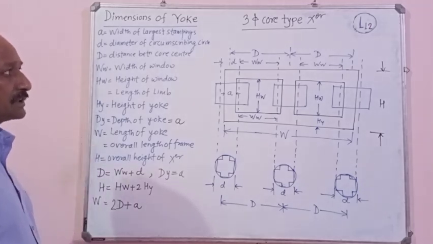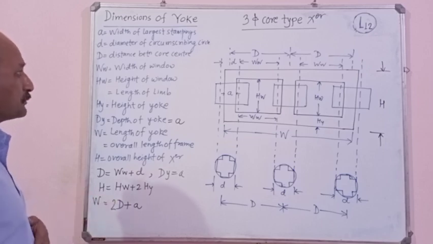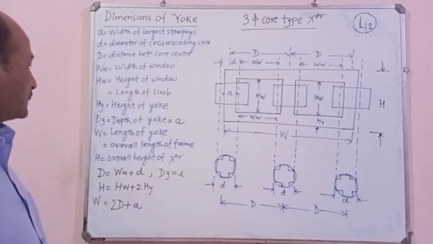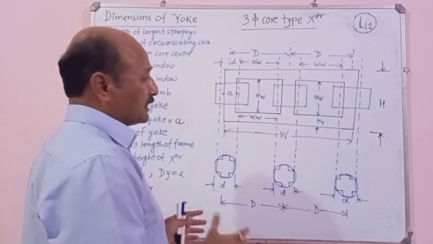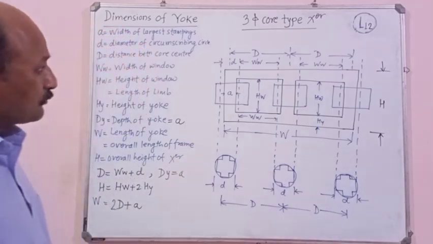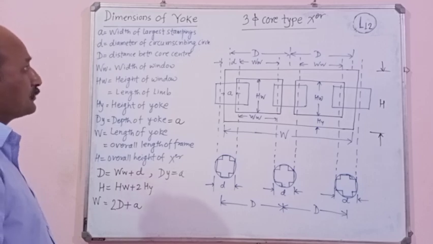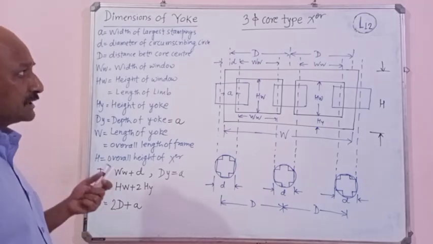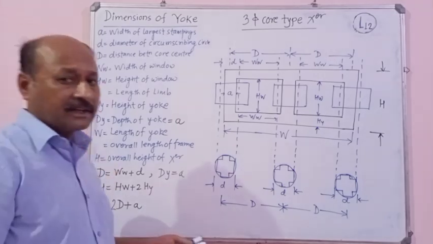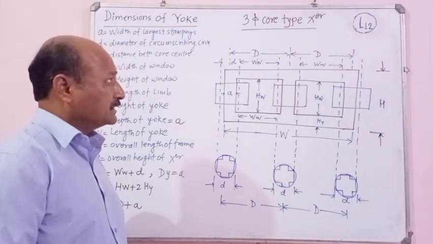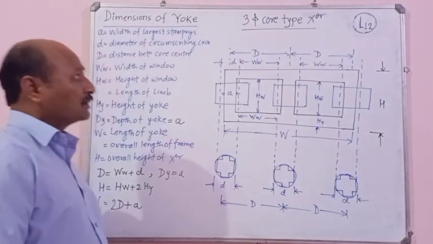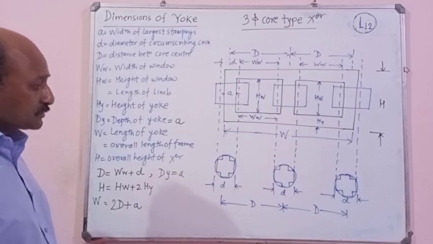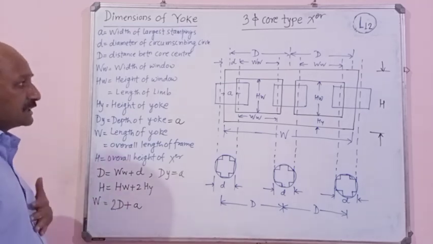So just like a 3-phase core type transformer, we can draw the relation for the 3-phase shell type transformer. For the 3-phase shell type transformer, again we have the center limb. On that center limb, the 3 windings are wound. So similar relations you will get for the 3-phase shell type transformer. So by using these relations of the single phase core type transformer, shell type transformer, 3-phase core type transformer and 3-phase shell type transformer, you can design the dimensions of the yoke, or you can design the single phase shell type, core type transformer, 3-phase core type transformer, as well as the 3-phase shell type transformer.